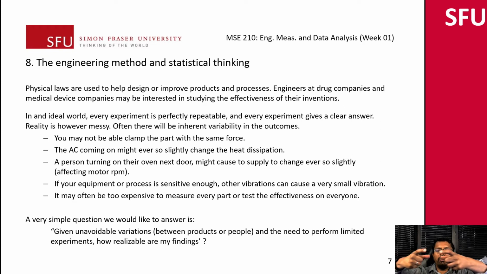for machining a part, not being able to clamp it with the same amount of force. Or if you clamp it with too much force, it might bow. Clamp it with too much force, there might be vibration first run. Maybe somebody turns on an AC when it's too hot, and then the heat dissipation might change. Or the other way is the AC turning on actually affects the voltage just ever so slightly. And then similarly, next door they might be turning on a motor or an oven. It changes the RPM ever so slightly, and the frequency might also change,